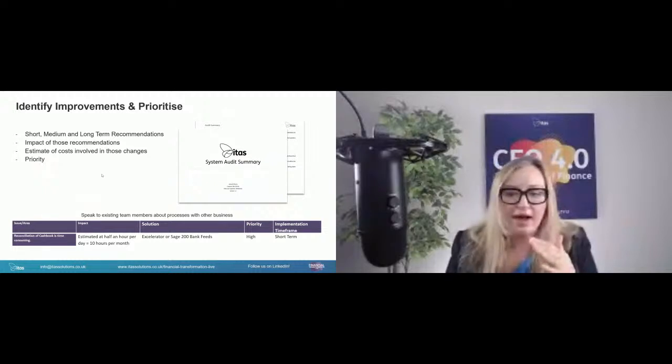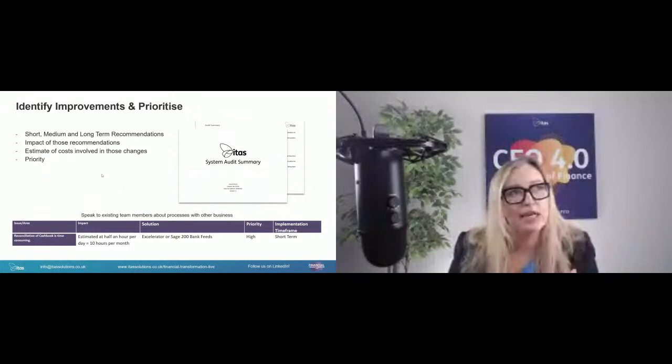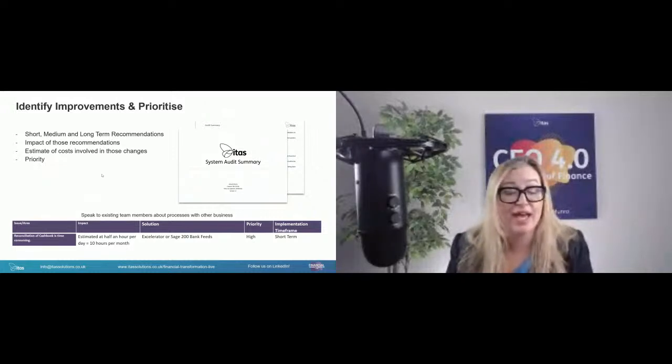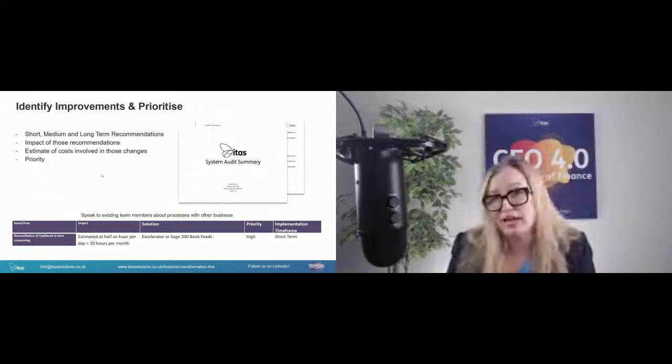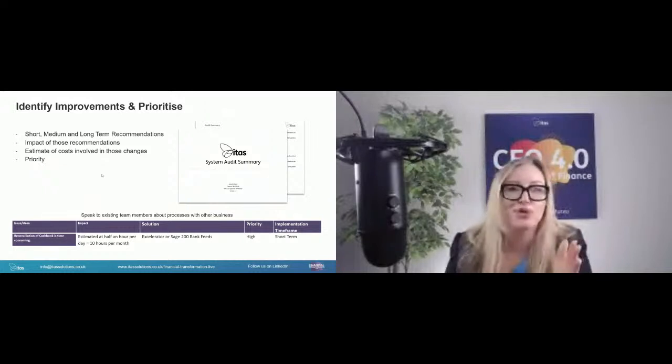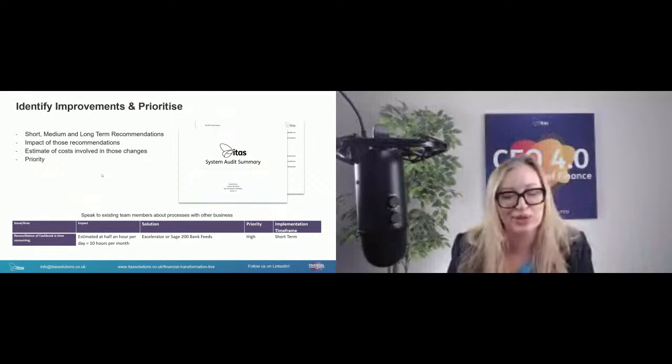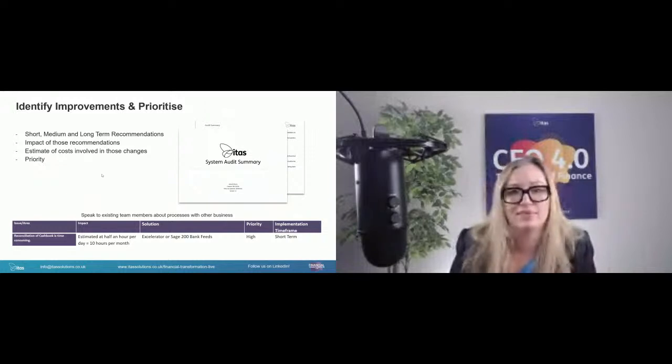When we're looking at solutions, there may be some that are going to take months to implement. There will be some things that can be implemented really quickly, but they may be a low priority. So I might pull them up a bit quicker because they're quick and easy to do, but they may not have a big impact in the long run. You just sneak them in.